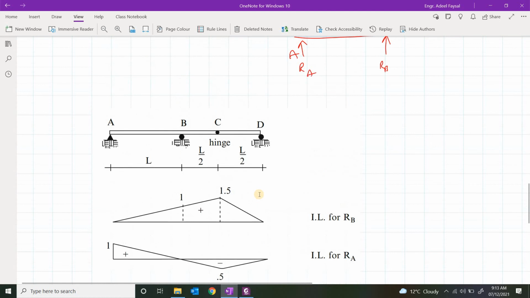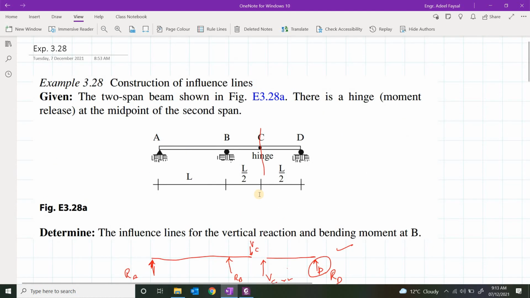So the process is, based on the fundamental principles, basic principles, statics: find reactions, find the bending moments, find the shear forces. But the only problem with this method is that it's a bit lengthy. You have to consider different regions, and then you need to develop the equations for those regions, and then you need to plot those equations. The easier way of doing this is a method called the method of virtual work, and I'll be just demonstrating the application of that method without discussing the derivation of the method.